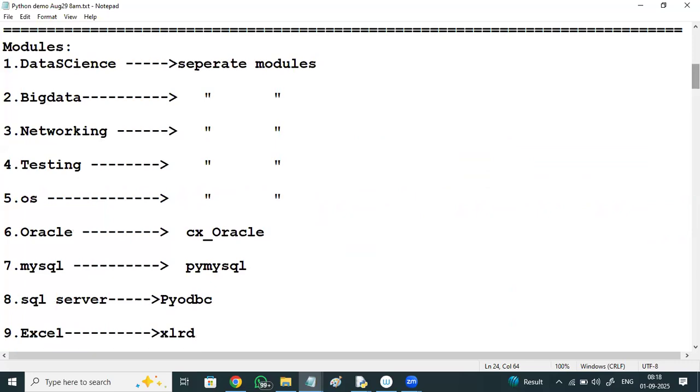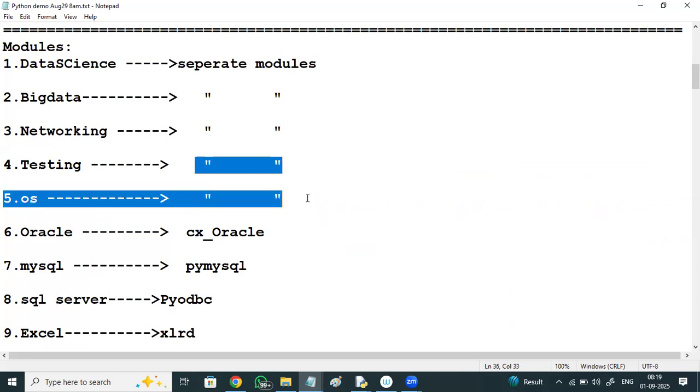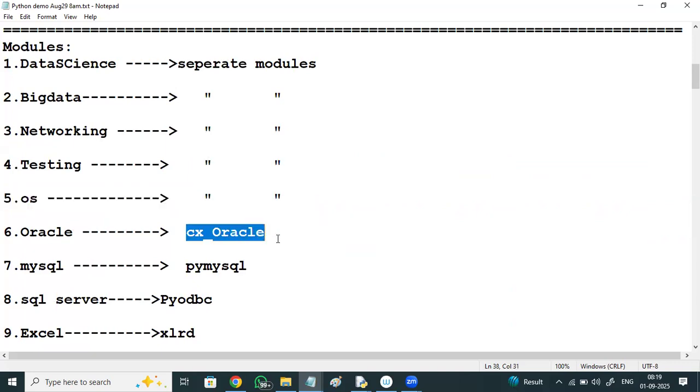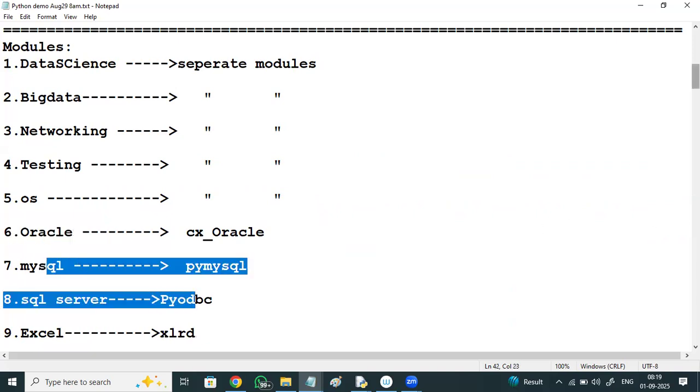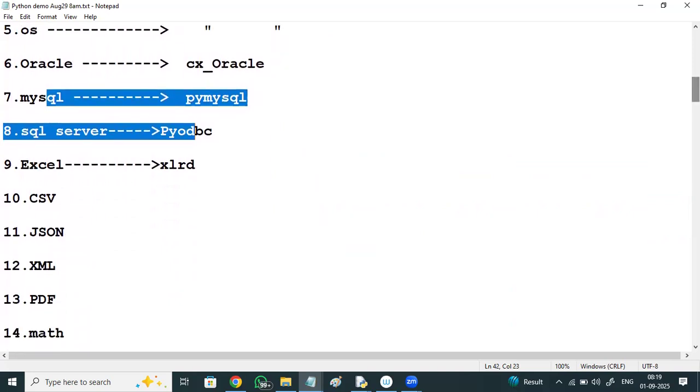For big data, separate modules. And for networking, for testing, for operating system, and for each and every database, to connect with Oracle, MySQL, SQL Server, it is providing a module.